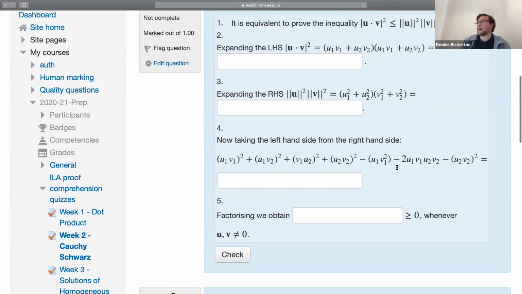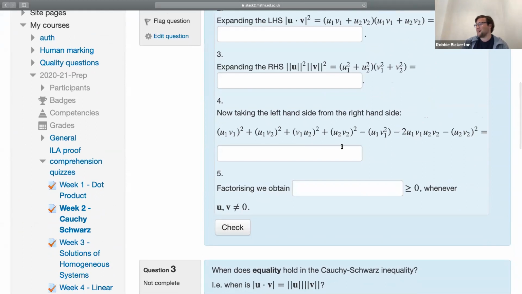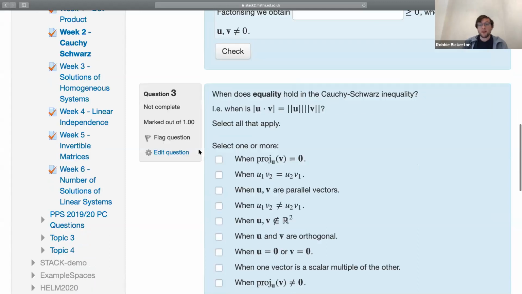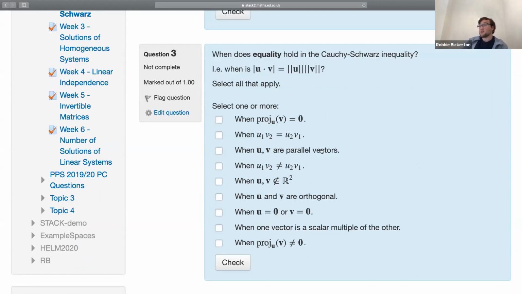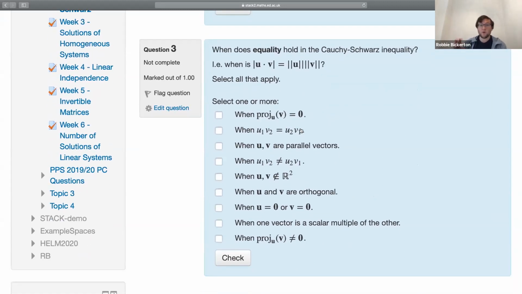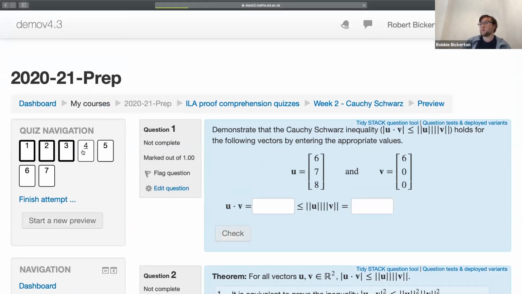I think the reason I didn't was because I'm wedded to the nicer formatting when you look at it further zoomed out. But yeah, question 3 would be an example of a Moodle multiple choice question. Here we've decided, instead of having the proof and the question about the proof as one Stack question, to split everything up into separate questions. So this is a Moodle multiple choice, and we expect students to pick out the times when equality would hold. If I flip to the next page of the quiz,